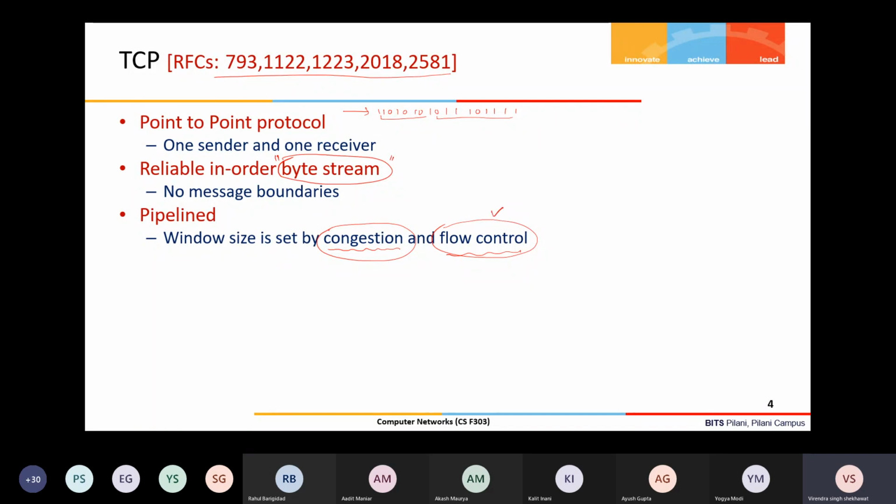So for that purpose, there are certain things that need to be decided at the sender and the receiver level. Then congestion is another important aspect, because congestion does not occur at the endpoints. Congestion occurs in the network. So TCP takes implicit feedback from the network, and based on that it detects the congestion,